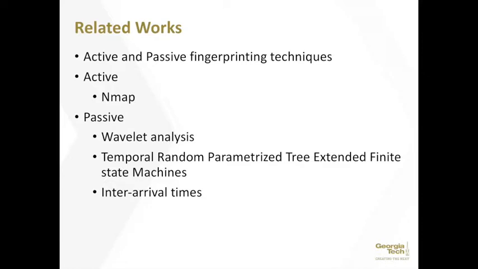Now, these are not the first researchers to look into this topic. Some of the related works explore active and passive fingerprinting techniques. Active fingerprinting is very common among most normal networks, and a very common tool is Nmap, which throws a lot of different packets at a specific target system, and based off of how the packets respond back, you can identify what ports are open, what the configuration is, and what operating system it is running. Now, most prior research on ICS systems has been passive.